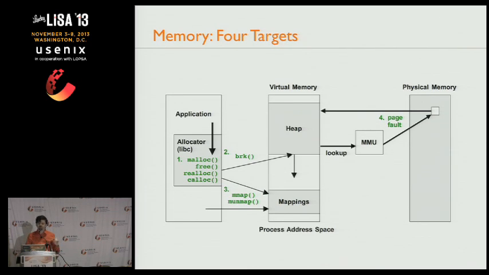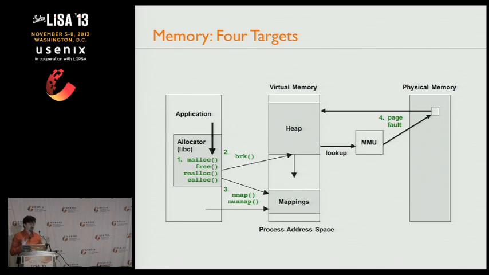This is why it's often said that applications grow but never shrink. They grow in RSS but never shrink, because typically they don't have a means to shrink. Your process heap just keeps growing. Depends on the allocator. The heap grows via the break system call. A different way to do memory allocation is through mmap and munmap. That's actually one way you can shrink, because you can munmap it.